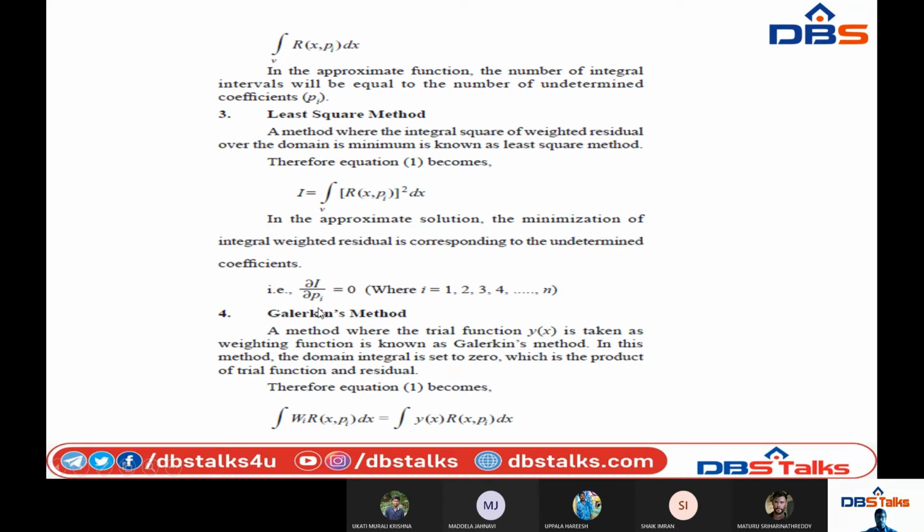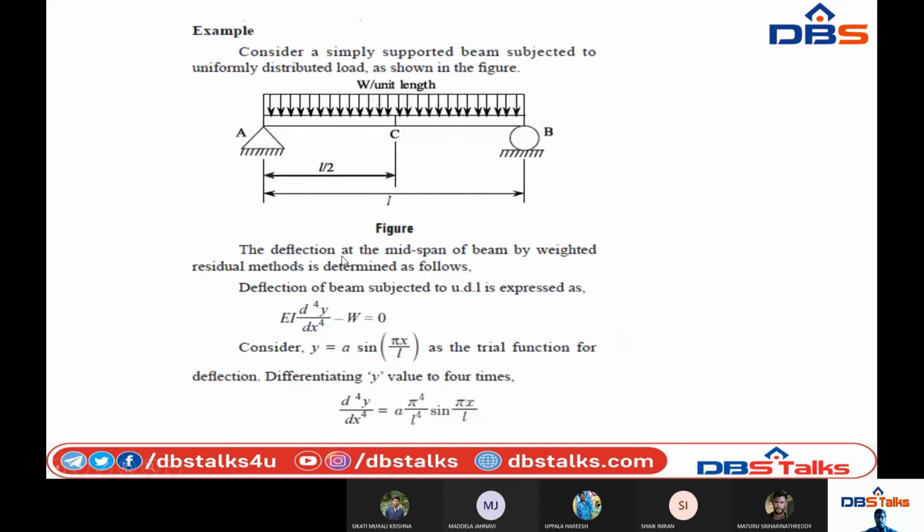Again, in Galerkin's method, the trial function y of x is taken as the weighting function. We already know that the weighting function is indicated by wi and the domain integral is set to 0. For the explanation of those four methods, that means point collocation method, subdomain collocation method, least squares, and Galerkin's method,